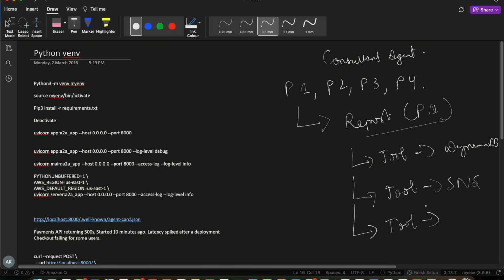For example, I don't know what it can do. It can create an audit trail or something for the particular incident. 2 or 3 tools we are going to create for this particular incident, and this is how the agent will